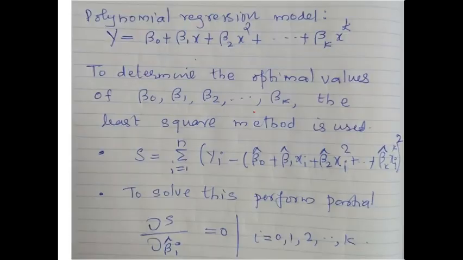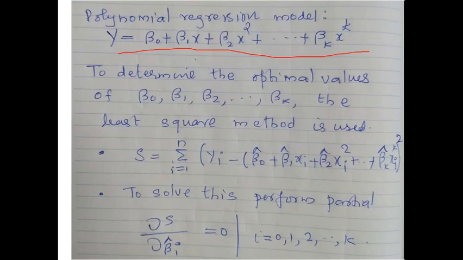Then, for the polynomial regression model, how do we estimate the coefficients? This is the generic model. Please write it in your notebook. How are we going to obtain the values for beta naught, beta 1, beta 2, etc.? Beta naught hat, beta 1 hat, beta 2 hat and beta k hat are the least square estimates, using the ordinary least square method, for beta naught, beta 1, beta 2, etc., beta k respectively. The same method we adopted in simple linear regression, we are extending into polynomial regression with respect to ordinary least square.